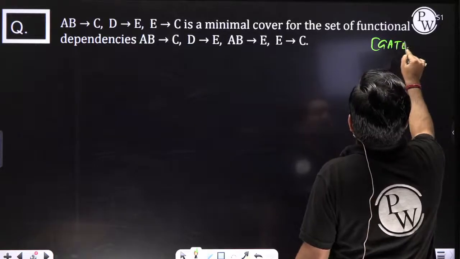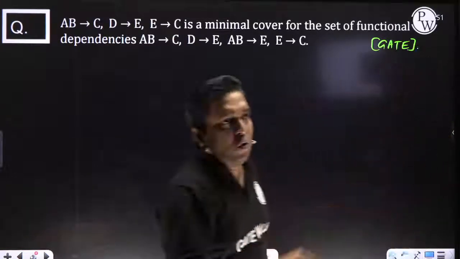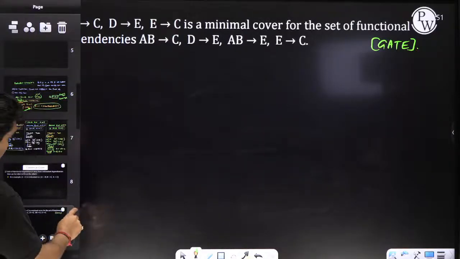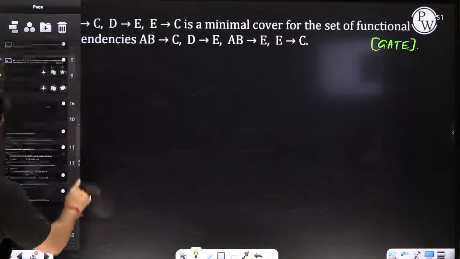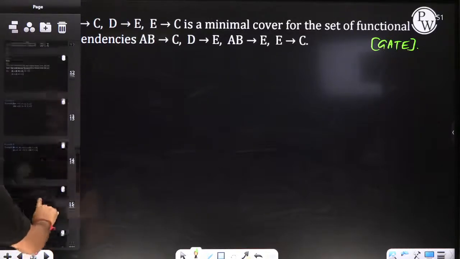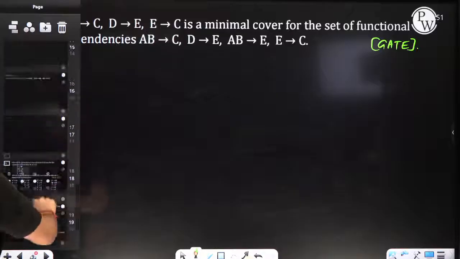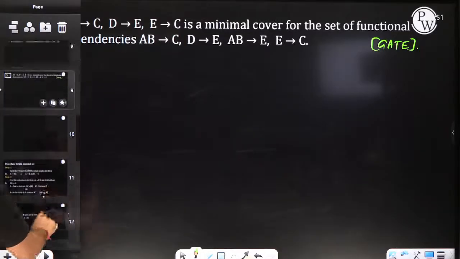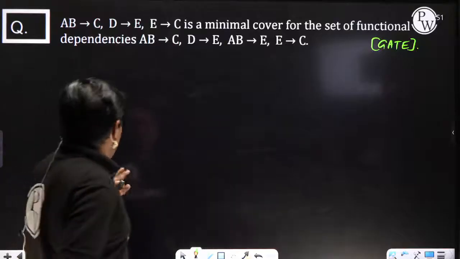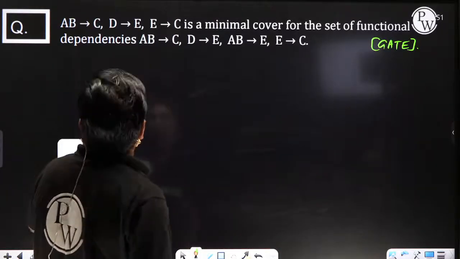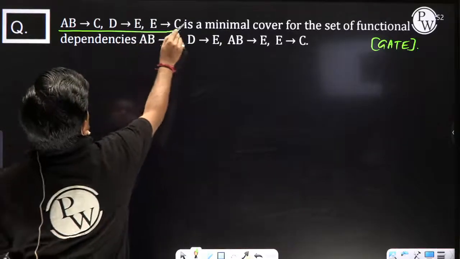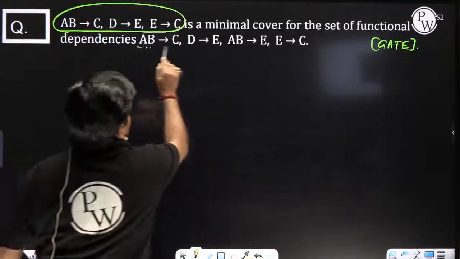It is an incomplete question. I have the complete question with normal form. Don't worry about that. The complete question is there with the normal form. The second part was normal form. You tell me whether it is correct or wrong. It is asking whether this is the minimal cover of this question.